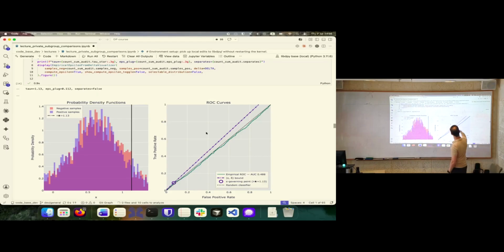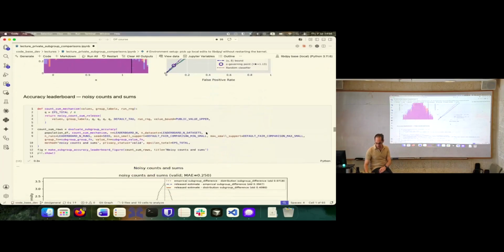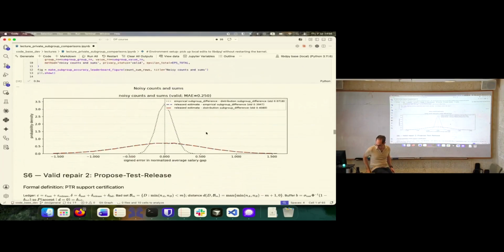We have two distributions, and as you see, from a privacy perspective, it's nearly perfect. Again, I can't say for sure because maybe there's a slightly better auditing technique, maybe there are slightly worse data sets, but it looks quite good. But the problem was that, as you see, the accuracy is bad.